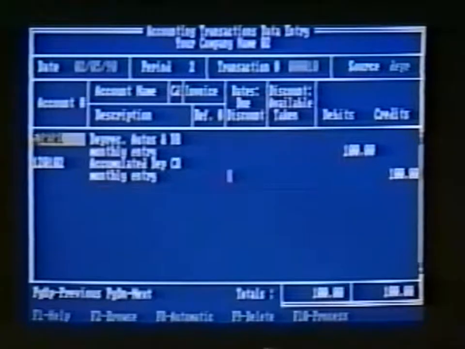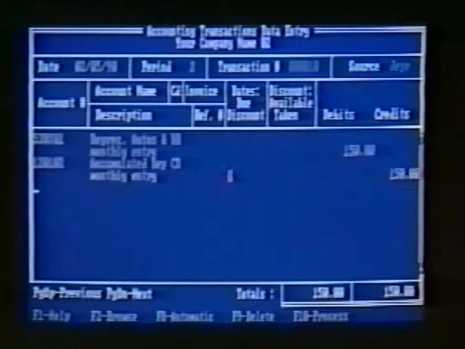For example, if you find an incorrect payment has been entered, return to the Accounting Transactions Data Entry screen. Call up the incorrect transaction by entering that transaction number in the transaction number field. Now correct the transaction. Once all corrections are entered, print the journals again. These provide a paper audit trail to augment the online audit trail provided by Pacioli 2000.